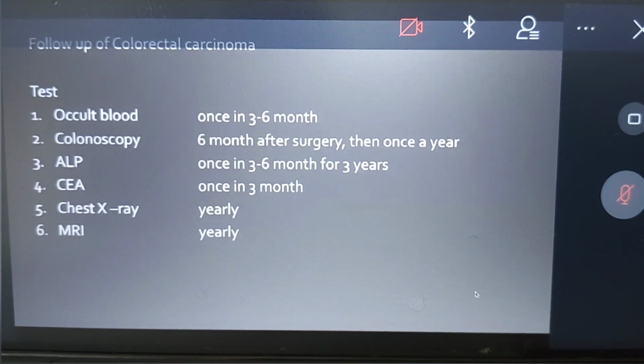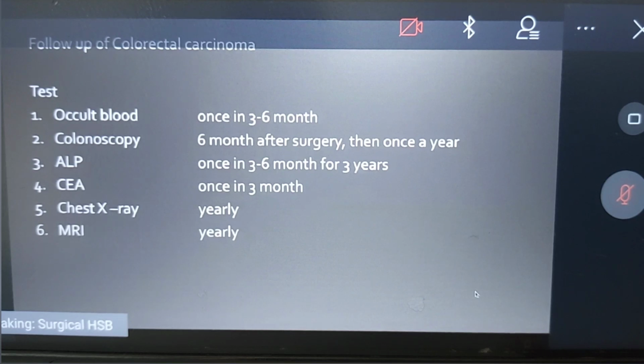Okay? Any question about colorectal cancer? All housemen have to know about this, and this is very common, colon cancer is number 1 in Malaysia. Okay? Patient presented to you with PR bleed, don't simply diagnose as a hemorrhoid until you do a proctoscopy. In fact, if you do a proctoscopy and you see there's a hemorrhoid, you have to refer, and the patient might need a screening colonoscopy. Understand or not? Yes, boss.